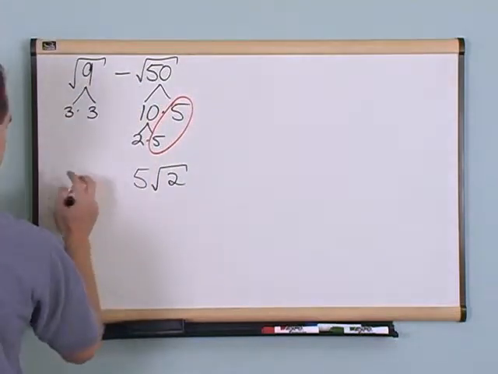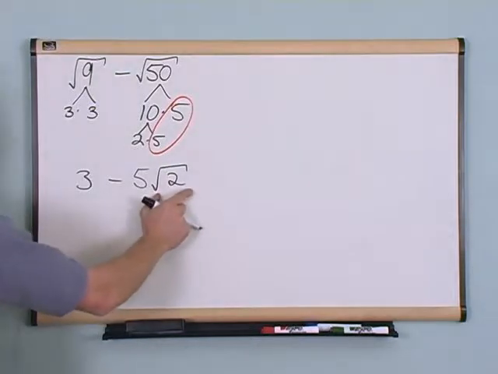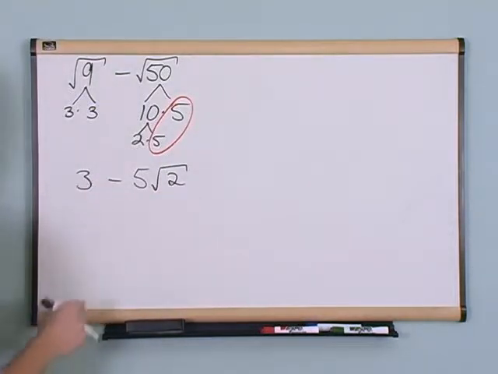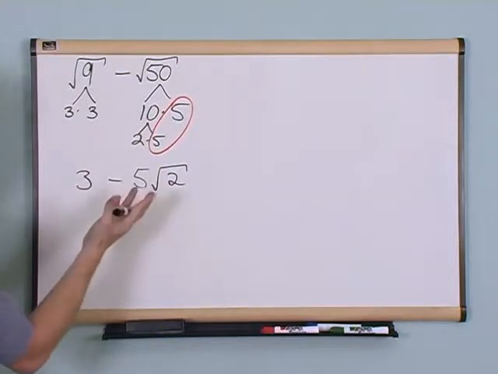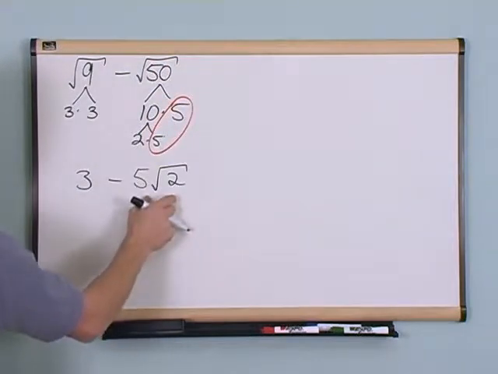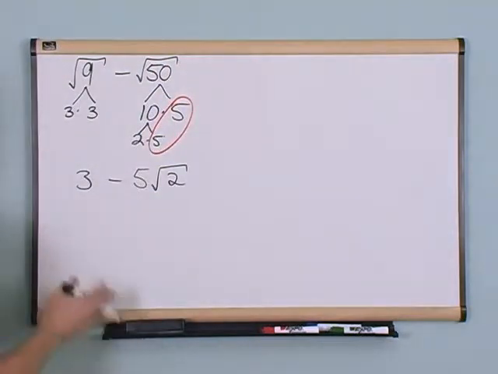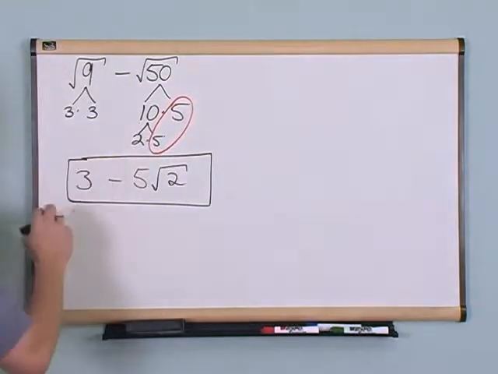We already found that the square root of 9 is 3, and now I need to subtract those two. Okay. What do you think we should do here? Well, we have a square root of 2 here. There is no square root of 2 here. There's no way to make this 3 any simpler. It's just a number. You can't do anything with it. This is already fully simplified. There's nothing else to do with it here. So this, if you had a test, would be your answer. There is no way to simplify this